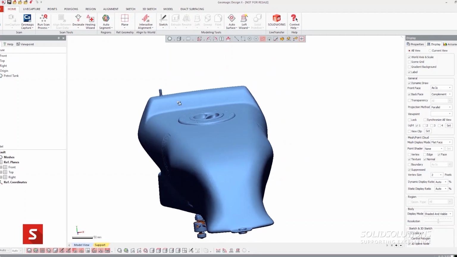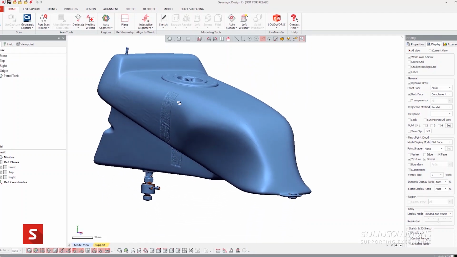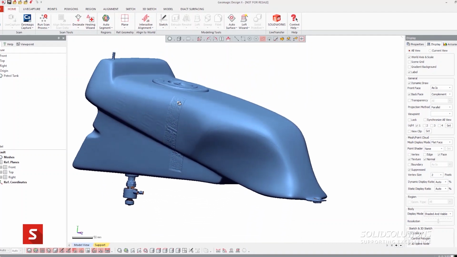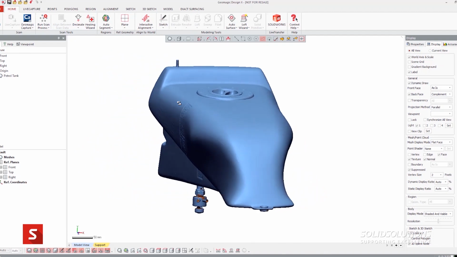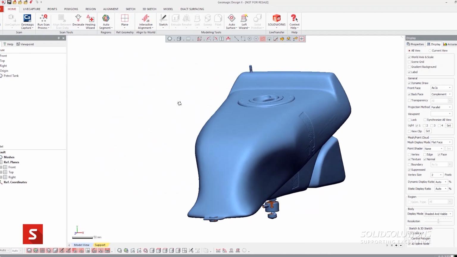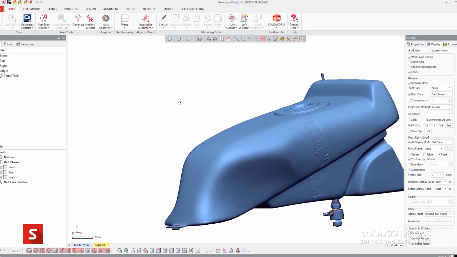So most people watching can relate to the process of measuring a part manually to draw it in SolidWorks. And they will also appreciate that certain models are quite difficult to draw in this way. We're talking about organic geometry and curvy surfaces. They can be really tricky to draw. So for example, if I asked you to draw this desk with a tape measure, most people would be able to draw that fairly easily.